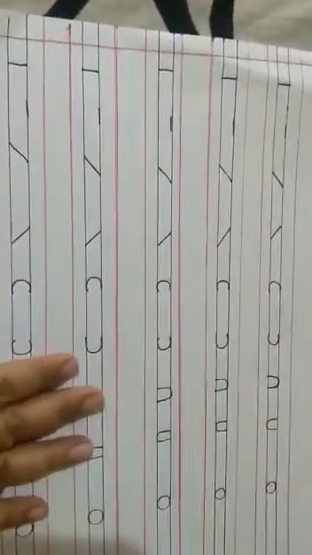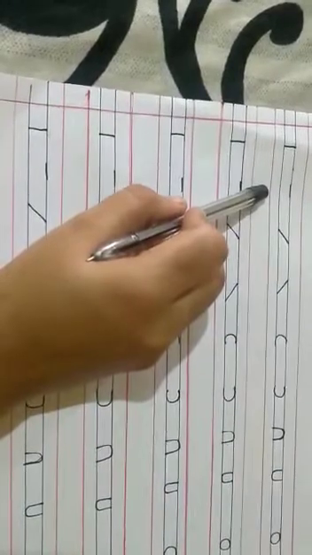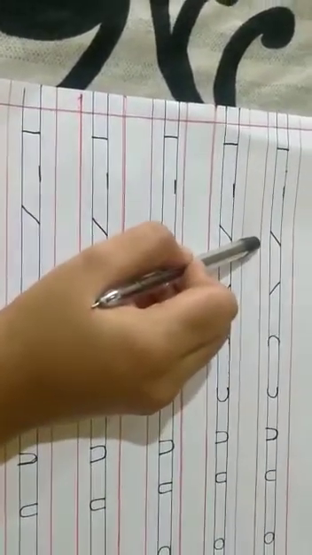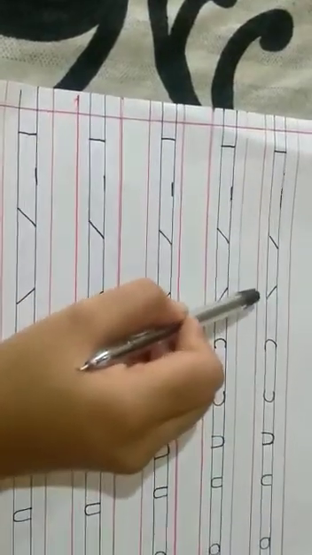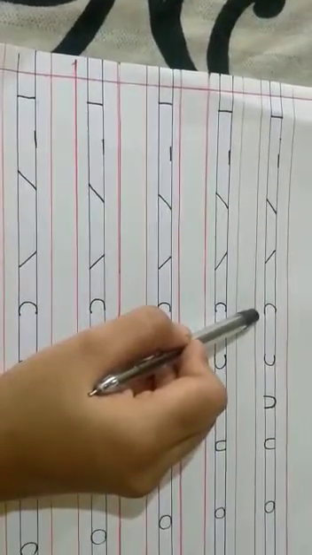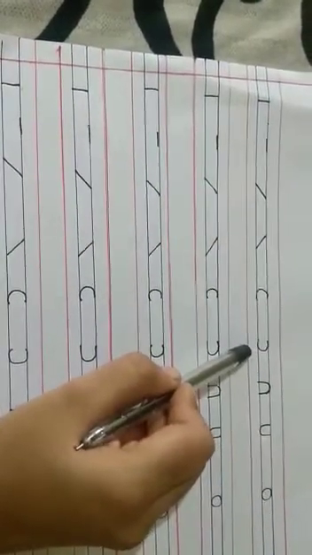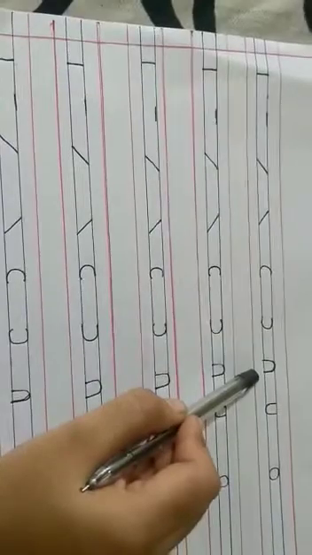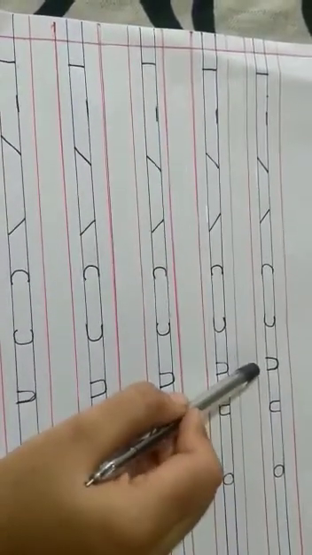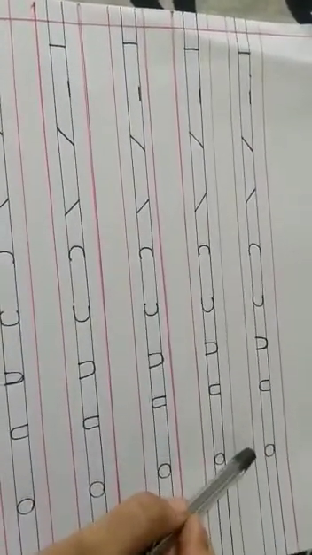So I hope you all have understood. So again we will revise what all we have written. First is the standing up line. Second is the sleeping lines. Third is the right slanting line. And the fourth is left slanting line. The fifth is right curve line. Then sixth is left curve line. Then seventh, downward curve. And the eighth is upward curve. And the ninth is circle.